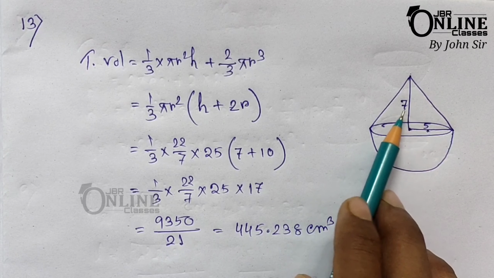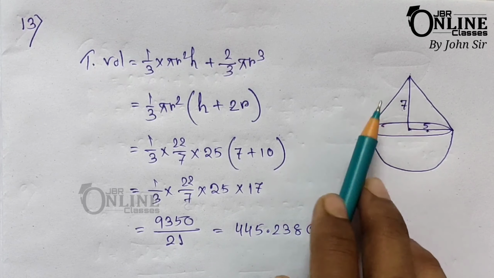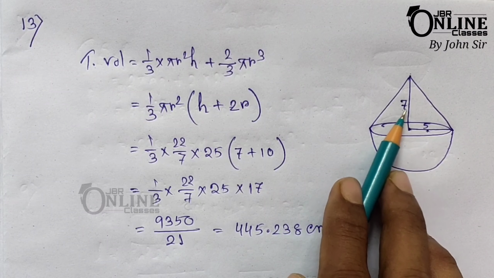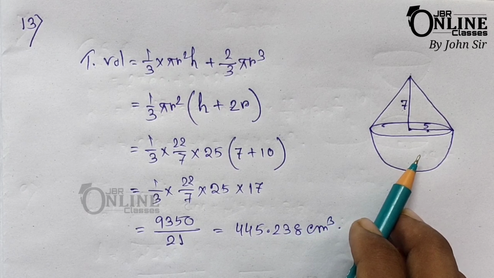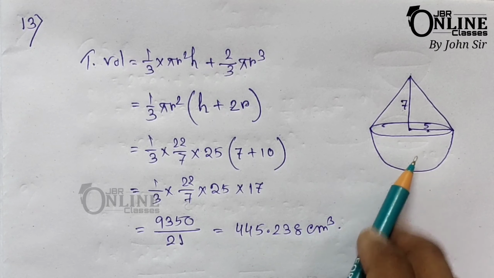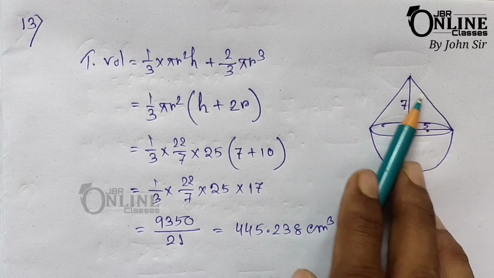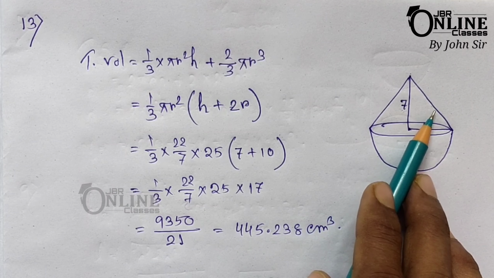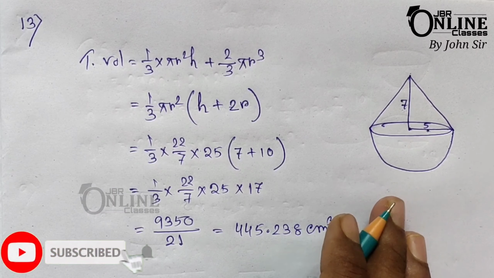And next, as here it is given that the height of the cone is 7 centimeter, so now in that case in sum number 14 you have to just let the height of the cone equal to h. So 1 by 3 pi r square h is equal to the given volume, and then you find out the height of the cone. After finding the height of the cone, you will find out the slant height also by Pythagoras theorem, and after that you will find out the total surface area. So I hope you can solve this problem.